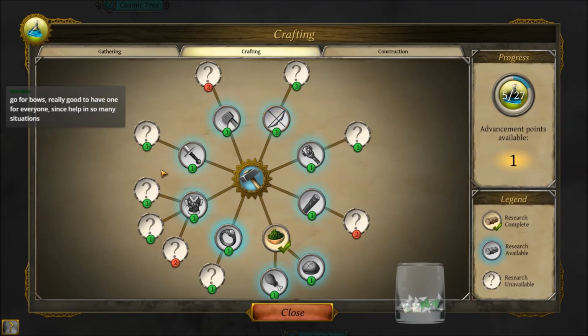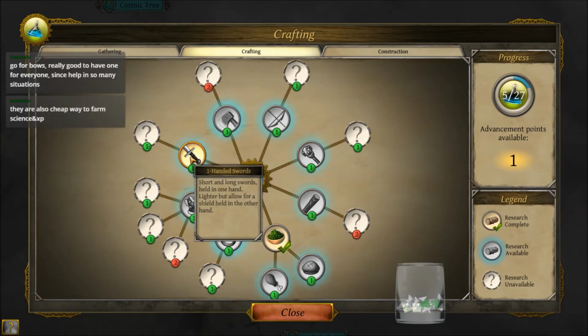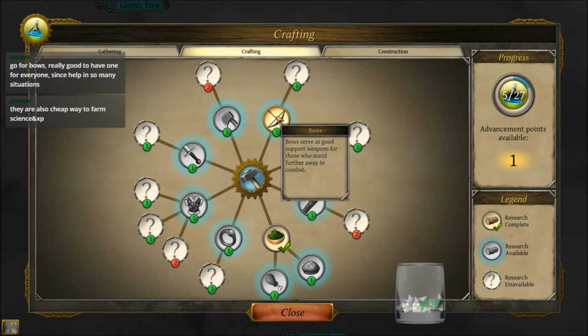And I don't know, I think swords are a little bit better. I'd rather outfit everyone with swords and get a little bit of shielding and a little bit of damage, rather than have so many people with two-handed weapons. Also, it's a cheap way to farm. Yeah, that's true. I did that in my Let's Play, and I just didn't really make many bows, so...